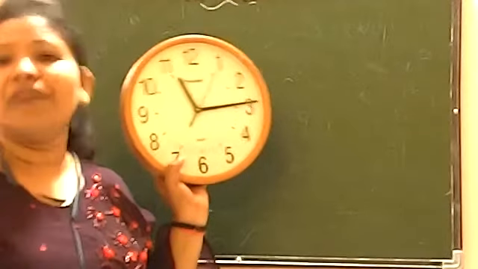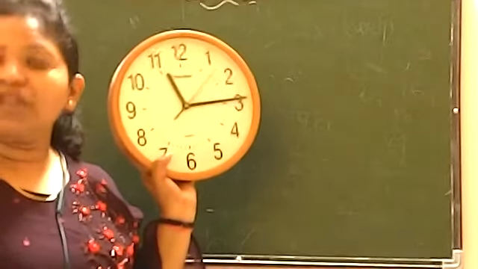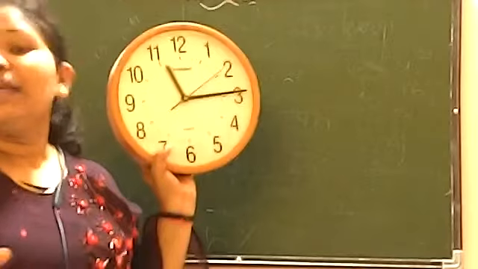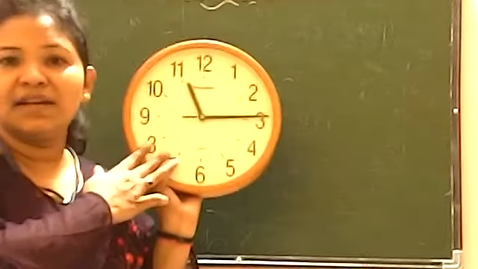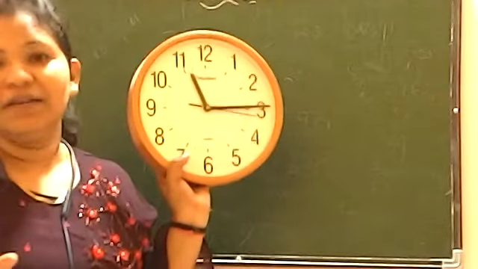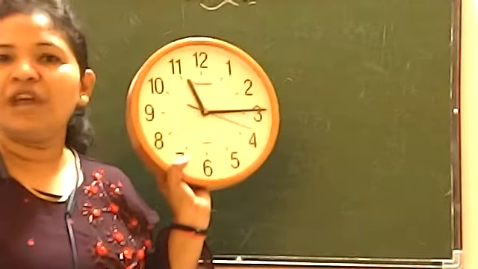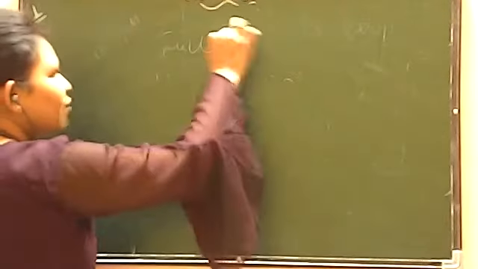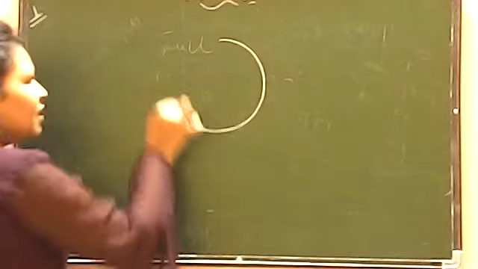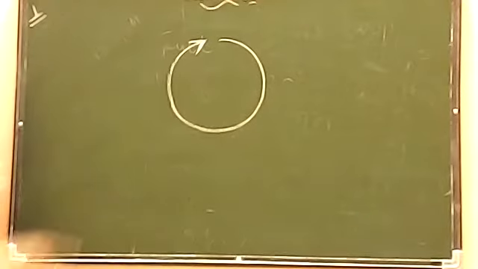जनरली हमारी क्लॉक क्लॉकवाइज मूव्स करती है, लेकिन अगर हम चाहें तो हम उसे एंटी क्लॉकवाइज भी रोटेट कर सकते हैं, लेकिन टेम्पररी। जैसे ही क्लॉक आपकी स्टार्ट होगी वो दोबारा क्लॉकवाइज ही हो जाएगी। So remember what is clockwise. Clockwise means when you rotate like this, when you start moving like this, it is called clockwise.